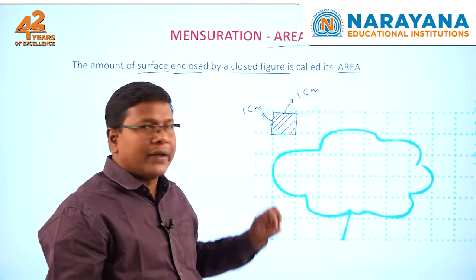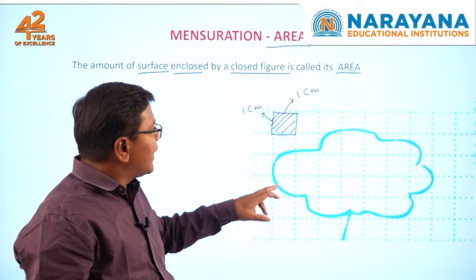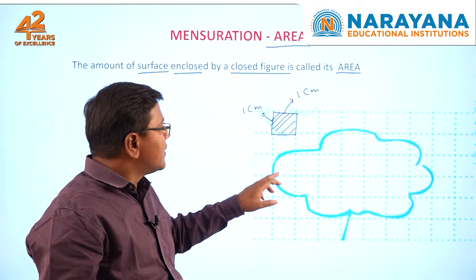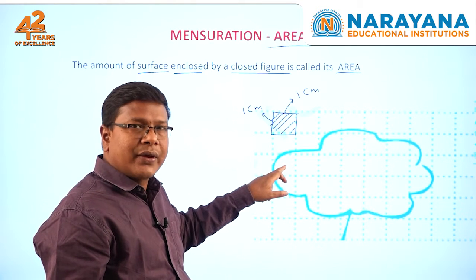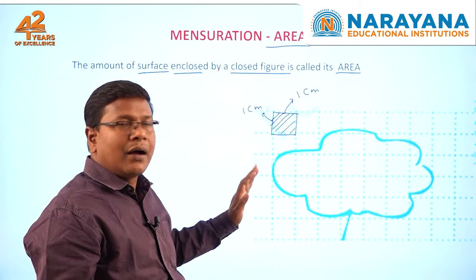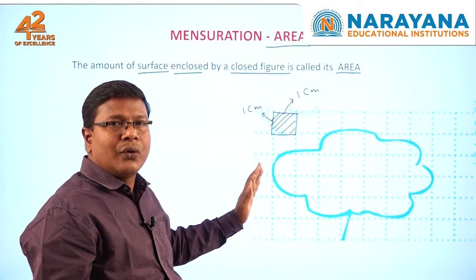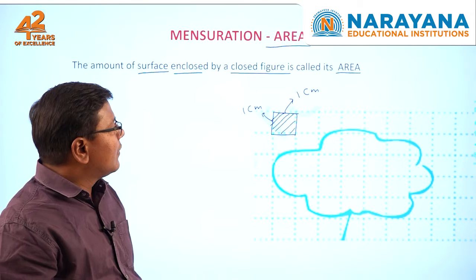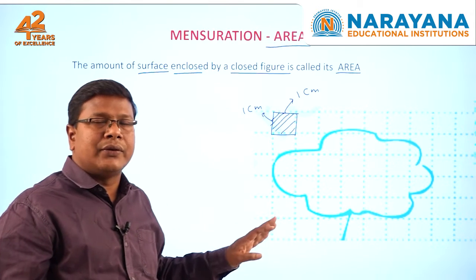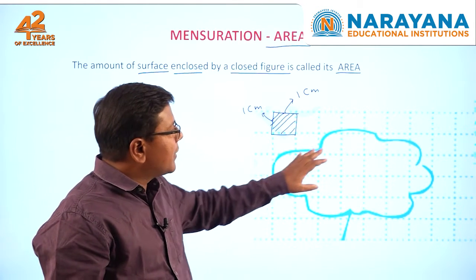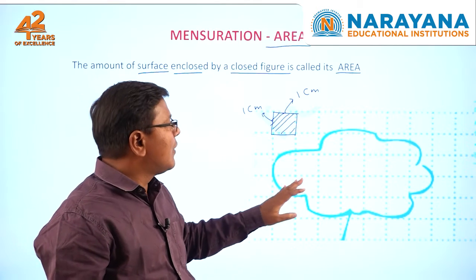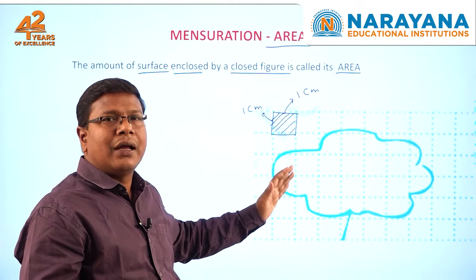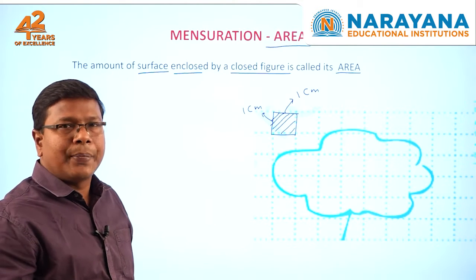Now, to count the number of squares, there are some squares which are completely inside the figure, and for some the squares are not completely covered: half covered and less than half. So, some rules need to be followed to count the squares. Among those, you need to count how many are fully inside the figure, how many are half covered, and how many are less than half.